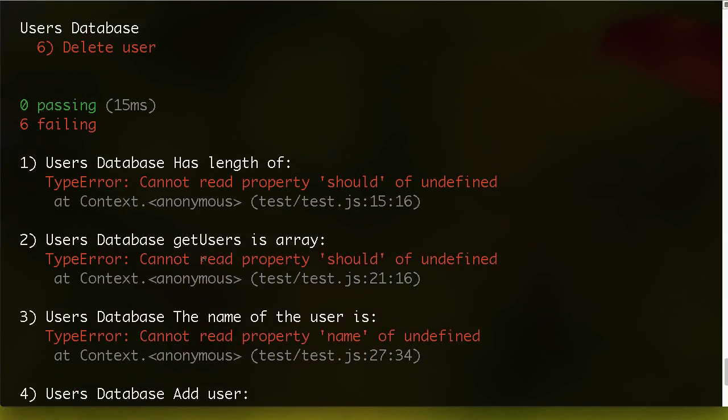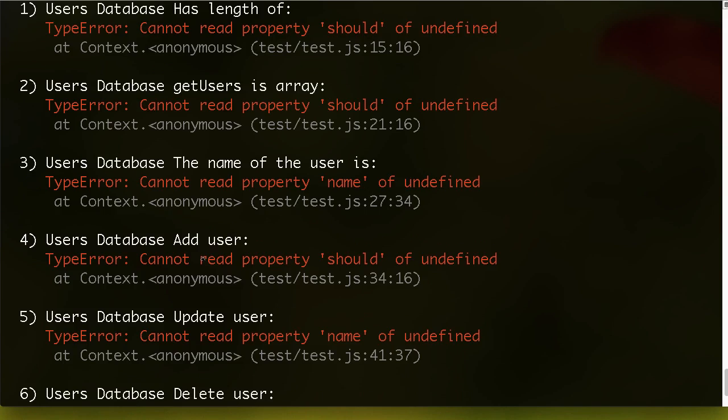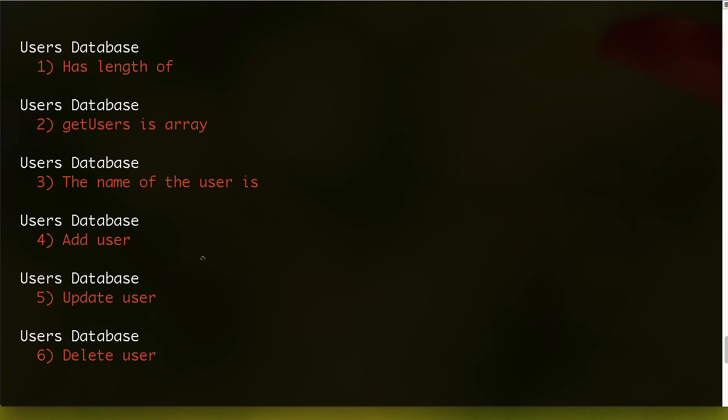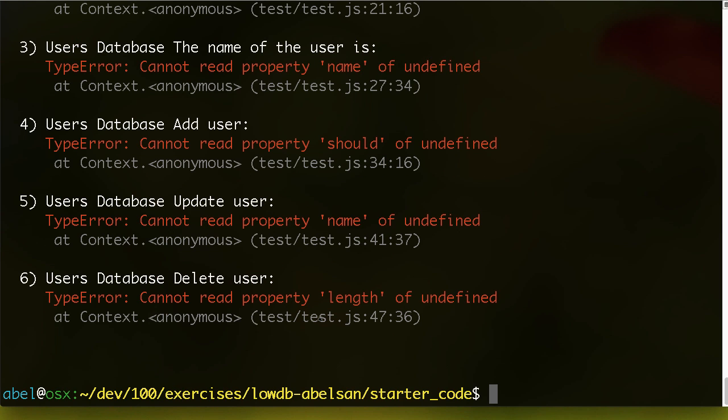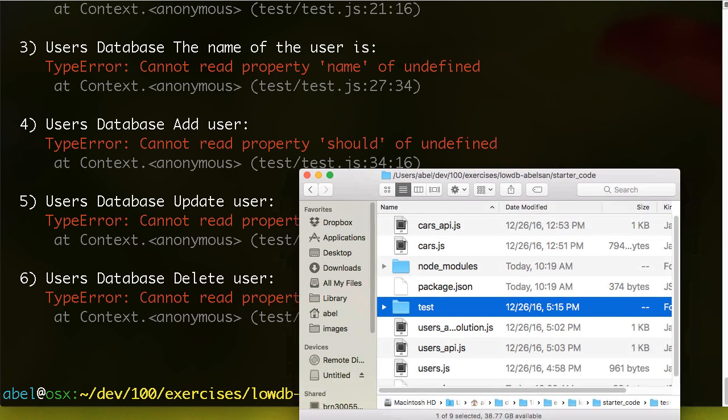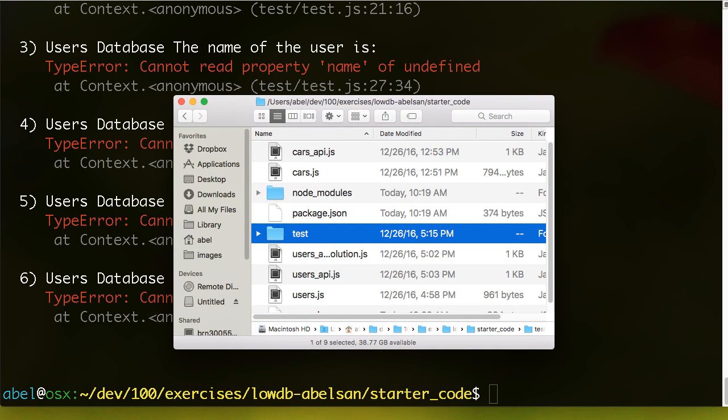The good thing is that it recognized that we're running a test, and you can see here the tests that I have, users database has length of, users database get users as array, and so on and so forth, and they all fail. Now, if I go ahead and show you that test, I'm going to do that within